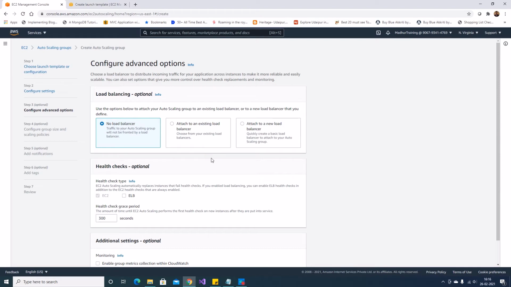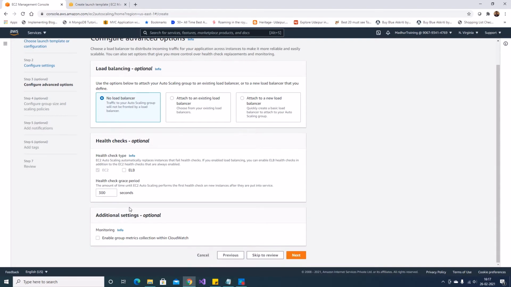And here, if I want, I can create a load balancer also. So basically, the load balancer will be used to distribute traffic among the different EC2 instances that will be part of your auto scaling group. So it's normally a good idea to have it behind a load balancer, because then if any instance is down, the load balancer will automatically take care of not sending traffic to that instance and redirecting it to some other place. But for this one, I just keep it as no load balancer, as we're just going to see how